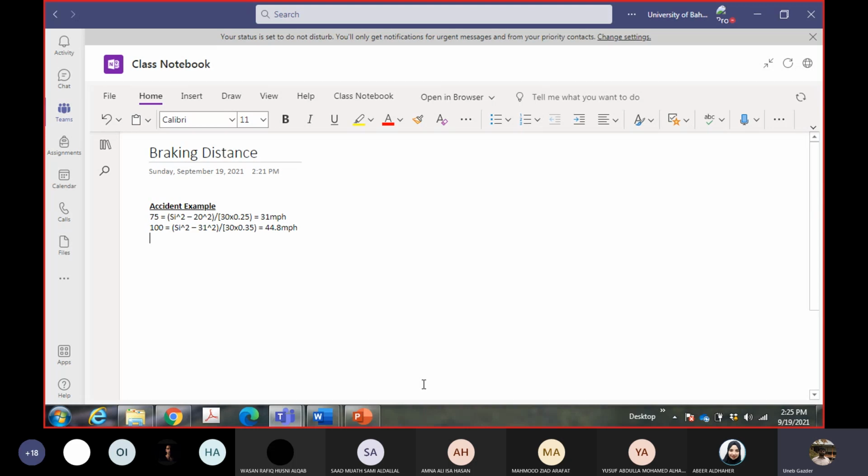Let's say in this example, they reverse it. They tell me that when the driver started to brake, his speed was, for example, 45 miles per hour. And now they want to know, they don't have a mechanism to calculate the final speed of the vehicle, so they want me to answer that. What is the final speed of the vehicle when it hit the abutment?